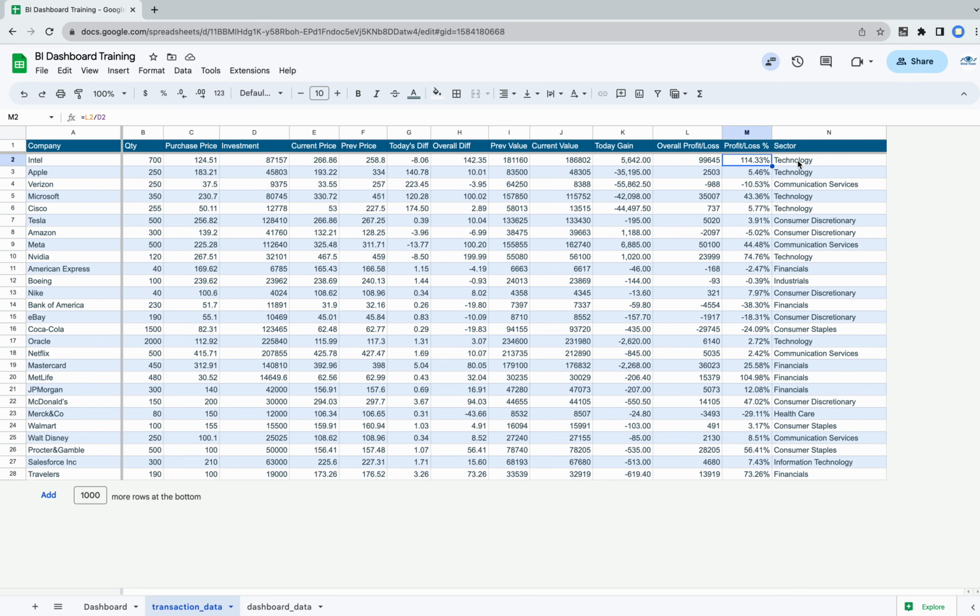I also wrote the sector of each company, so the data can be like this. If you have a different data set, you can also build this dashboard. As I already said, this is mainly for visualization. We'll have prior value versus current value. It might be prior year versus current year value, so that we can visualize it